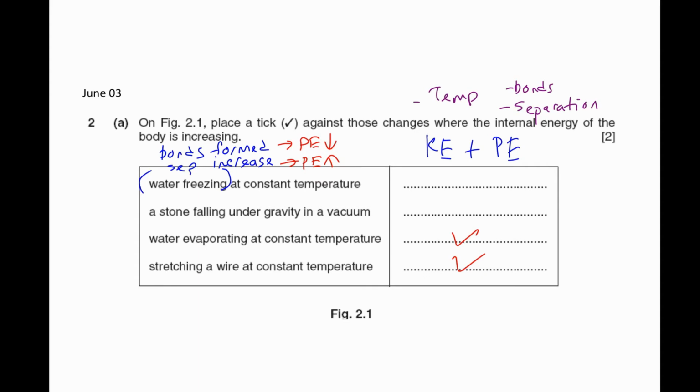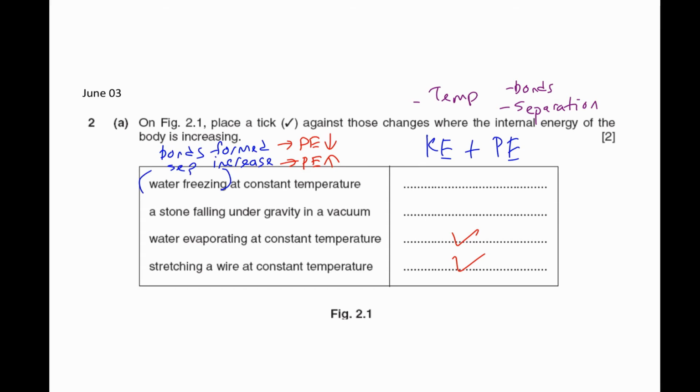Now we have already learned that the change in volume from solid to liquid or liquid to solid is extremely small. So the change in PE due to the change in separation is actually very small. So due to the separation increases, this PE is actually increasing very, very little, compared to when bonds are formed, where the PE decreases a lot. So whenever you have a contradiction between the bonds and separation, we just have to look at the bonds. Now this applies to when ice is becoming water or water becomes ice only, because all other substances wouldn't have that problem. So overall we would say the PE decreases.